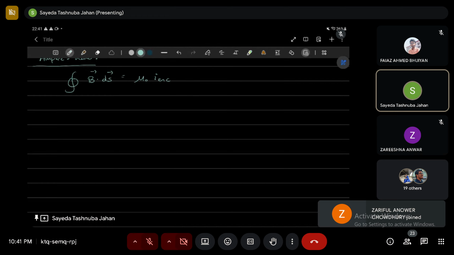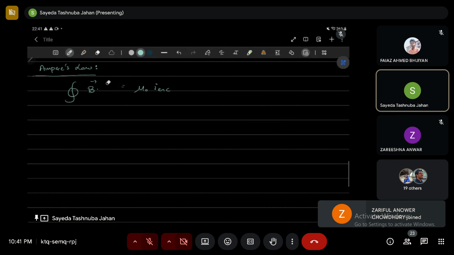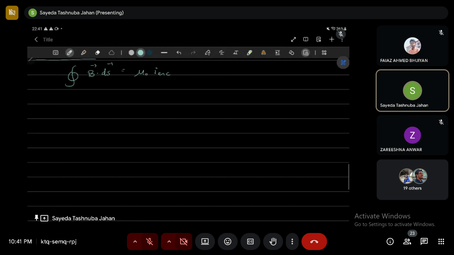বাট ইন পার্টিকুলার আমাদের এখন যেটা নিয়ে কথা বলতে হবে সেটা হচ্ছে এই ডিএসটা। সো আমরা যেভাবে প্রথমে গাউসেস ল ইউজ করার সময় একটা গাউসিয়ান সারফেস ডিফাইন করতাম, এটার ক্ষেত্রে আমরা এখন একটা এম্পিরিয়ান লুপ ডিফাইন করতে হবে। ওকে, সো সিমিলার টু গাউসেস ল আমরা গাউসিয়ান সারফেস বলতাম যেটা একটা ক্লোজড গাউসিয়ান সারফেস ছিল, এটার ক্ষেত্রে আমরা একটা এম্পিরিয়ান লুপ ডিফাইন করতেছি যেটা একটা ক্লোজড এম্পিরিয়ান লুপ বা ক্লোজড লুপ হচ্ছে। এখন লুপ মানে কি? লুপ মানে হচ্ছে একটা লাইন, বেসিক্যালি সামথিং লাইক দিস, লাইক আ পেরিমিটার। ওকে, সো এই লাইনটা কি? অফকোর্স একটা লেংথ এলিমেন্ট, রাইট? ইটস নট আ সারফেস, ইটস জাস্ট আ লাইন। তো সেই ক্ষেত্রে এটা এখন ডিএস হচ্ছে, নট সাম এরিয়া এলিমেন্ট ডিএ। সো দিস লুপ হ্যাজ টু বি ক্লোজড, মিনিং দ্যাট যেখান থেকে শুরু হয়েছে সেখানে এসে বন্ধ হবে।